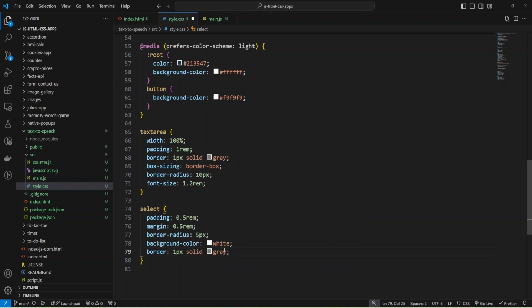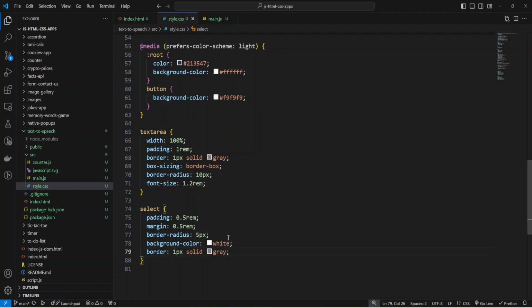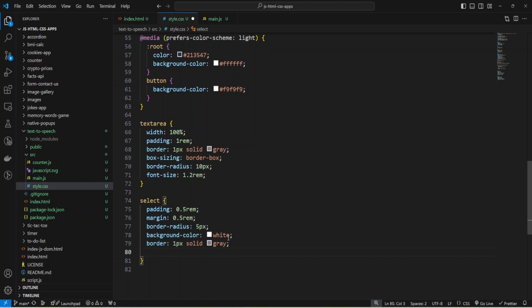Okay, and let's check, and we can remove default styles with appearance and provide none.